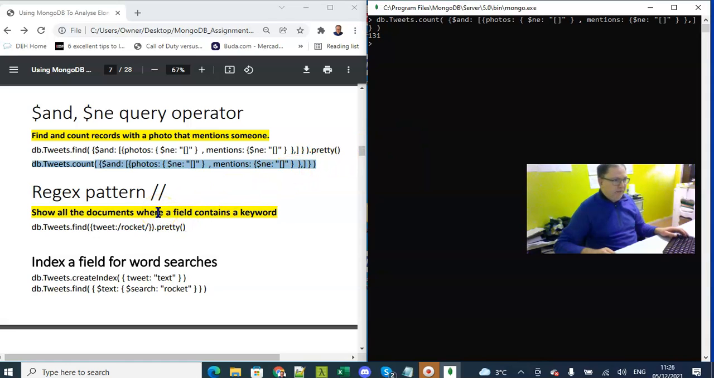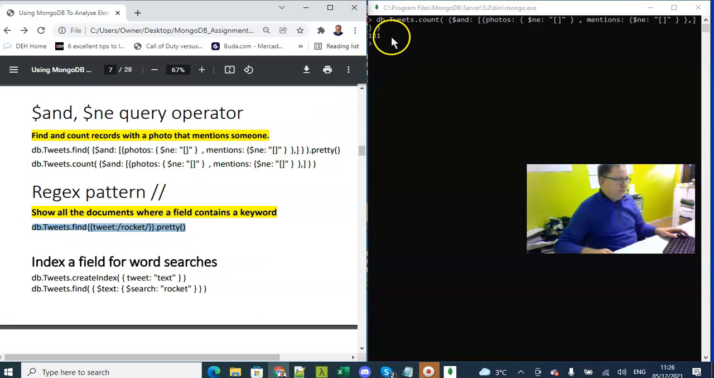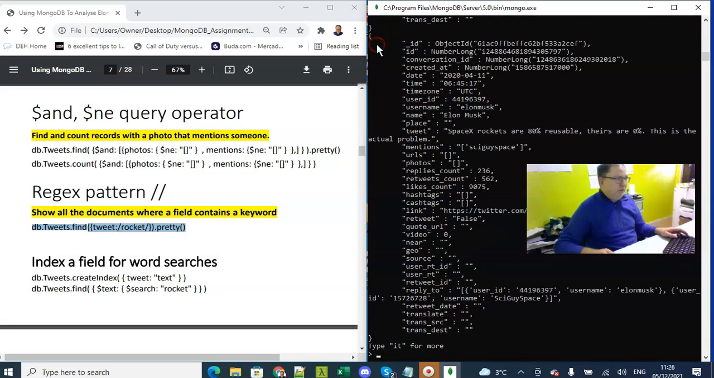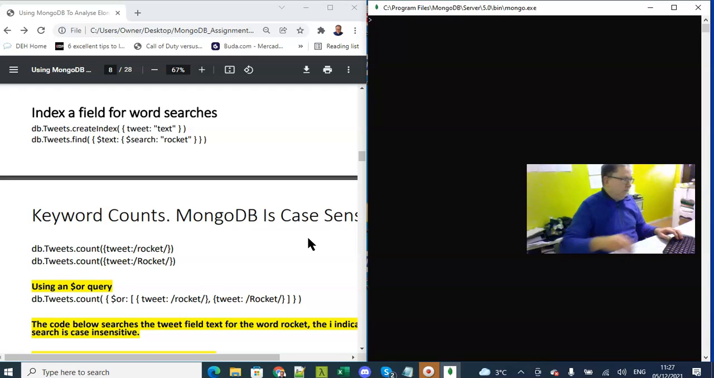Say you want to find a particular word, like rocket. You can find all the documents that contain a tweet field with a particular word. When I run that, you see it's picked up rocket and Rocket, so that's because I've used a regex pattern, so anything that follows that pattern of words, it will pick up the tweet field. Another way to search by keyword is to